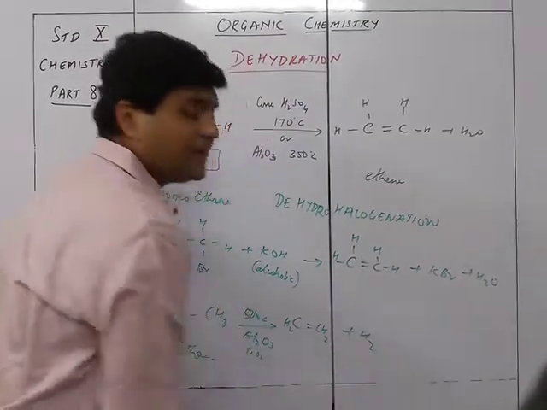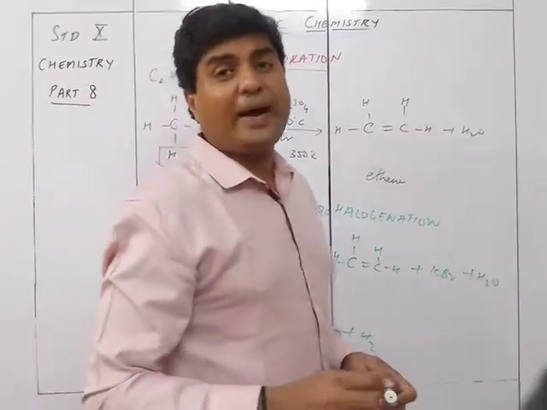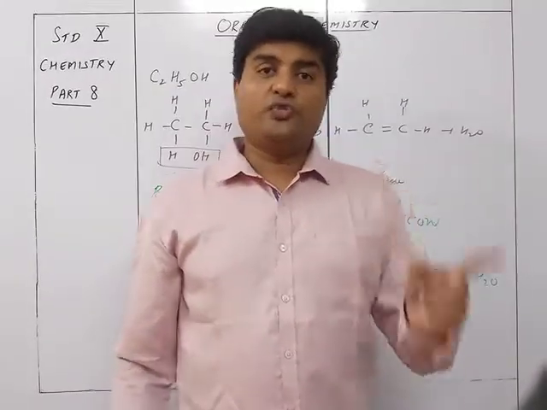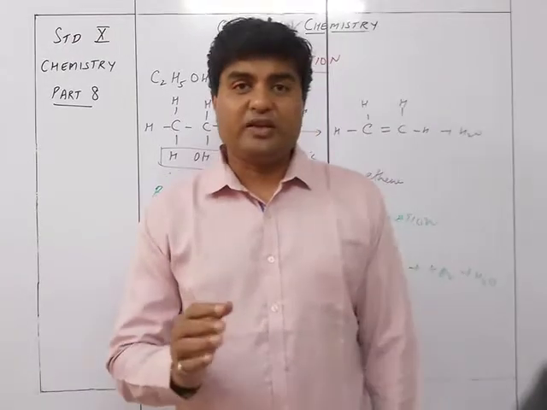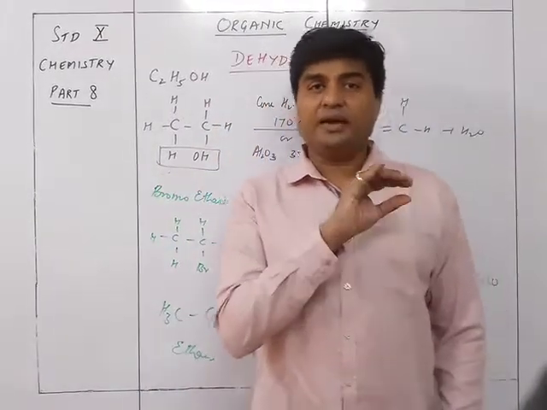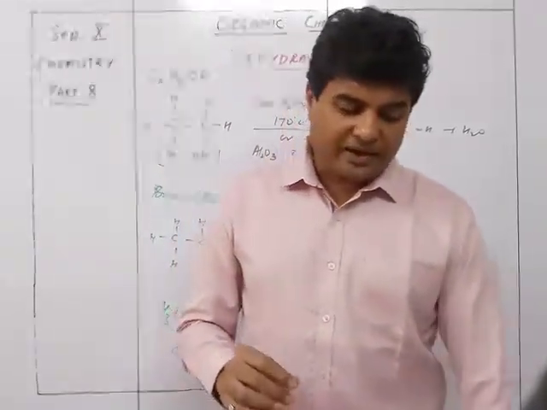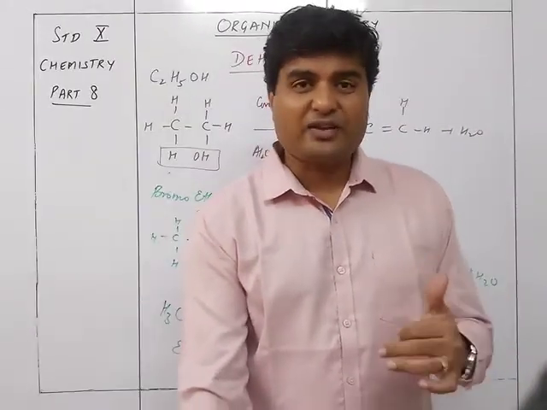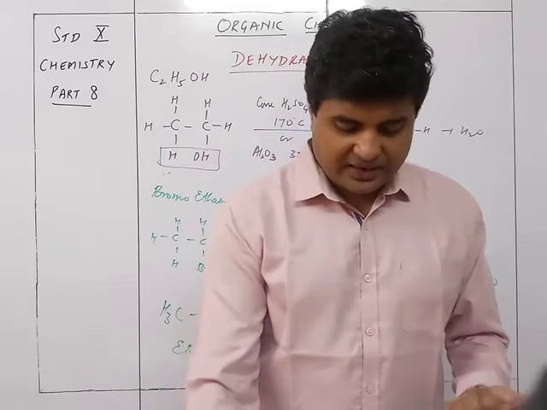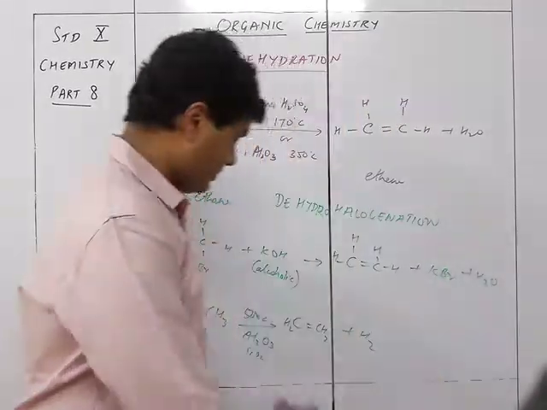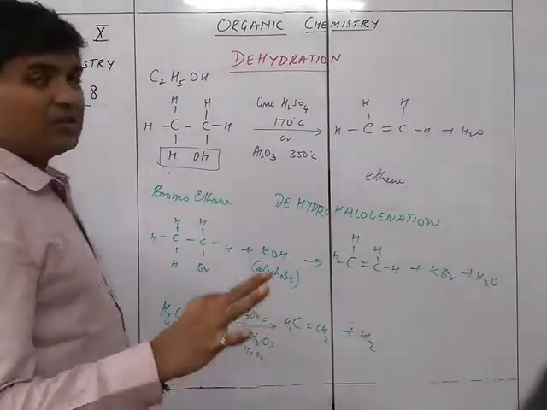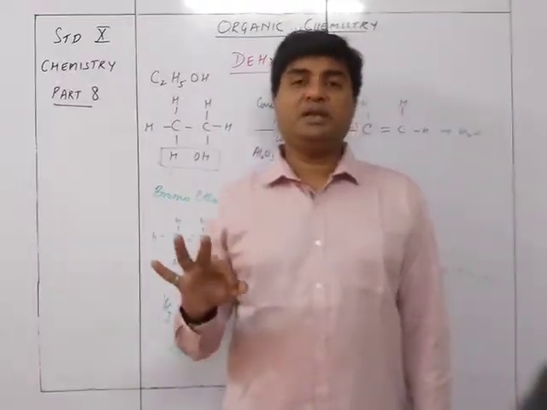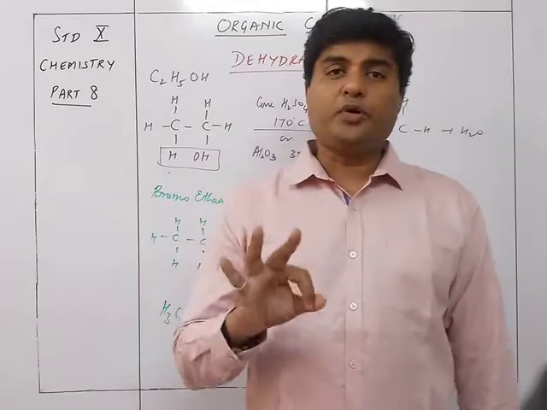Now this was nothing but the cracking or pyrolysis in case of the properties of the alkanes. So in the properties of alkanes you can see the last example they have given you is this particular pyrolysis. The second type of pyrolysis, that is the ethane getting converted to ethene, is the same thing over here. So these are the 3 methods by which you are producing ethene. Anyway, so ethene can be produced by 3 methods.